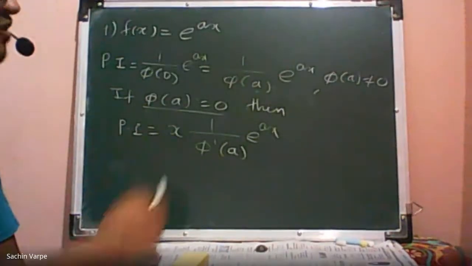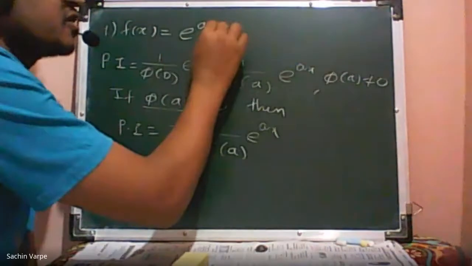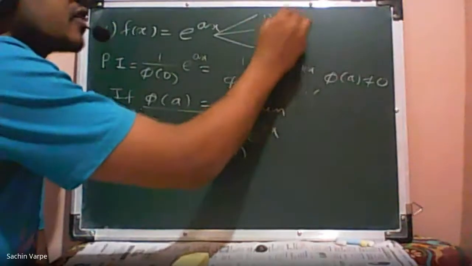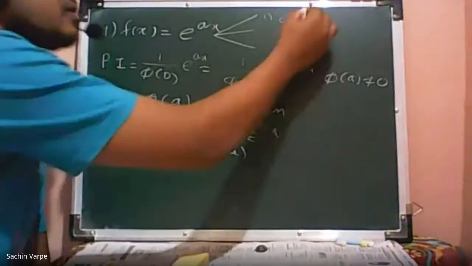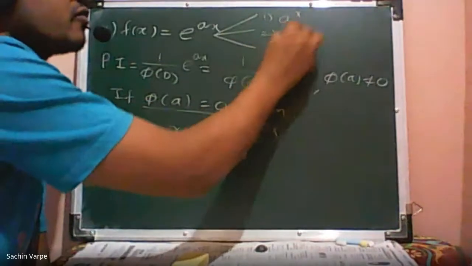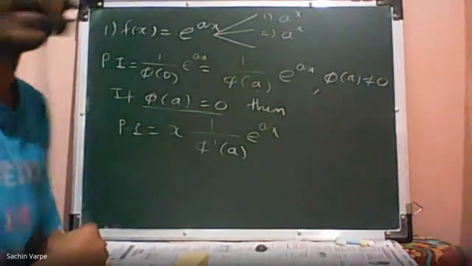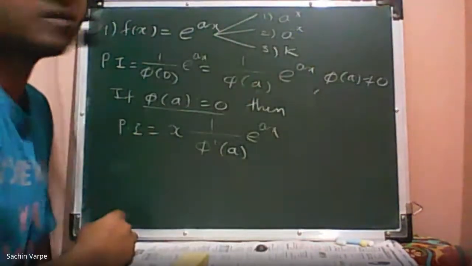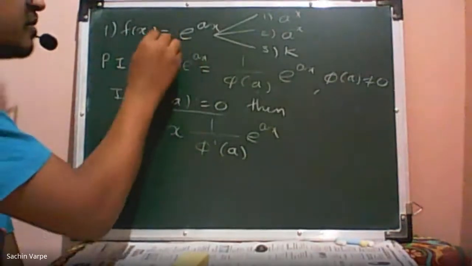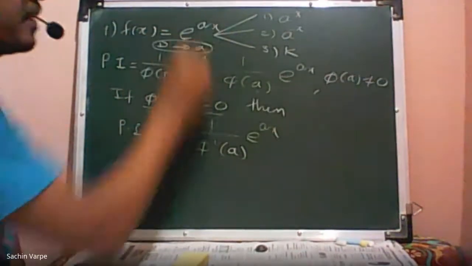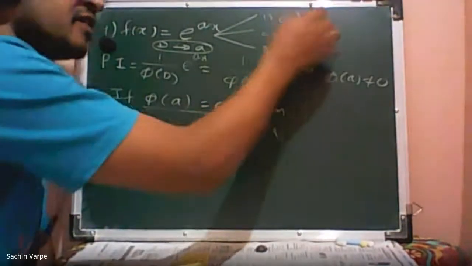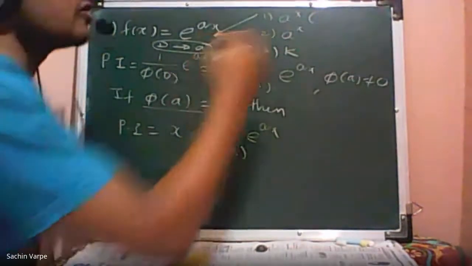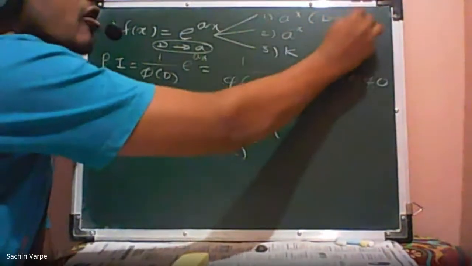Then we have discussed the sub cases of this exponential function. I think 3 sub cases we have discussed. If this exponential function is of the form a raised to x, a to the power x, or of the form a to the power minus x, or if this function is a constant function, any constant function. So in case of exponential function, our keyword is replace D by a. In case of a raised to x kind of function, that is again an exponential function, in that case our keyword for the replacement is replace D by log a.